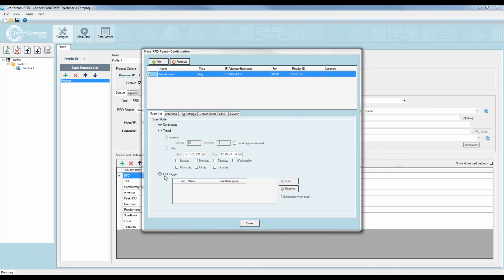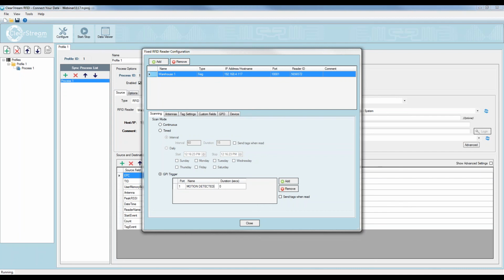You can also set up a GPI trigger, general purpose input trigger. Now, most readers have input-output ports built into them, which allow you to do things like hook up sensors, so a motion sensor, a light sensor, something like that, in order to, say, trip a read, start reading. And there's also outputs that allow you to do things like power up buzzers or power up lights based on activity of the readers. To trip a read, you can turn on GPI trigger. You can add what port it's hooked up to. So again, there's usually multiple ports, but if you wire up, say, a motion sensor to port 1, you can say